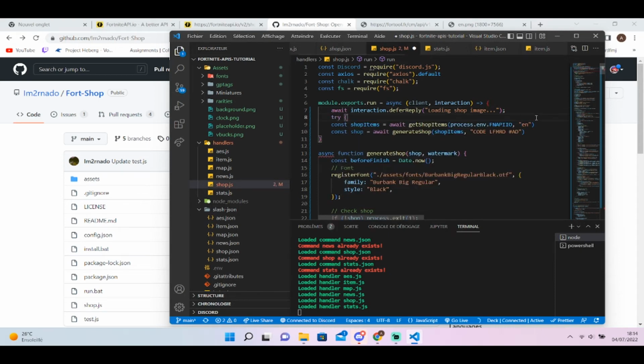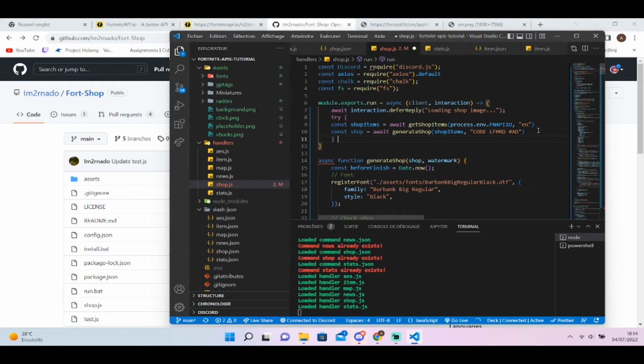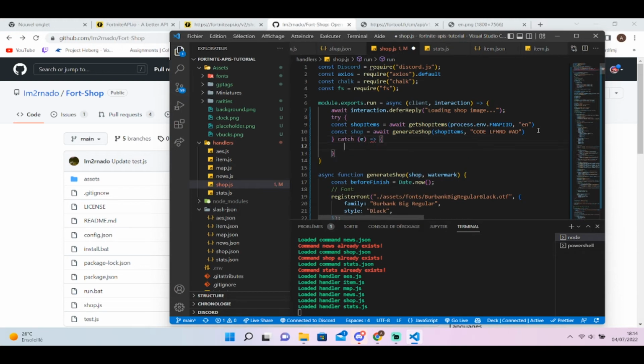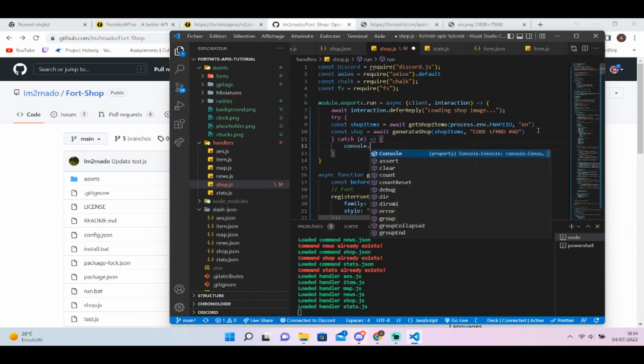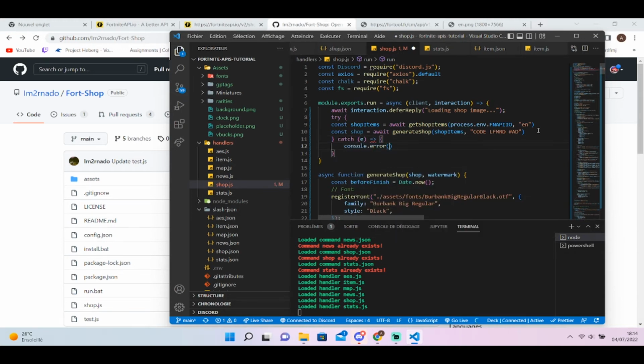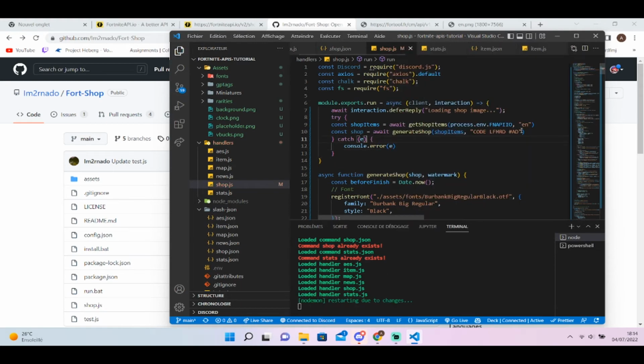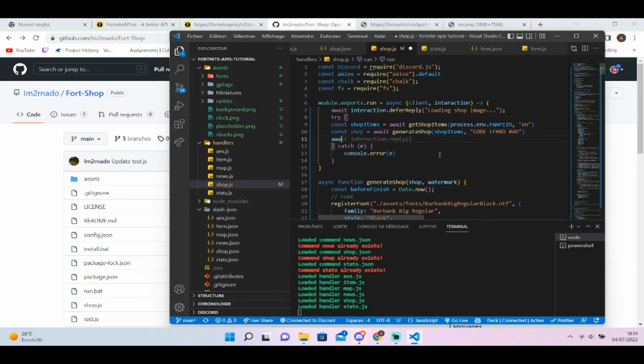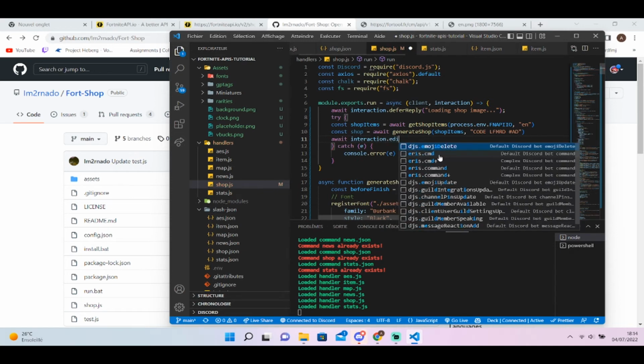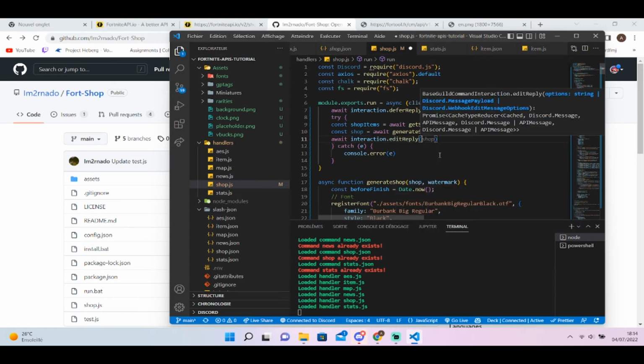Add the try and catch. So now we're going to be able to manage the errors in case there are some. So here console error e. Oops, I added the arrow. Okay, and now we can add the send part. So await interaction edit reply, and